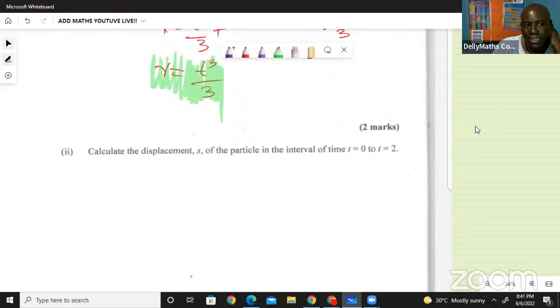All right, calculate the displacement s of the particle in the interval from 0 to 2. No problem. In order for me to approach this problem, I would have to find a function for displacement, which means that I'm going to go again. Because remember, when you differentiate you go forward, and you integrate to come backwards. So I could start by saying, guess what? My distance, which is my displacement, should say,